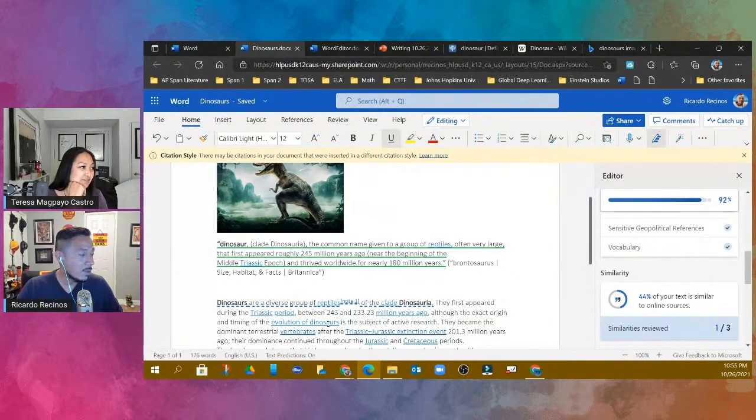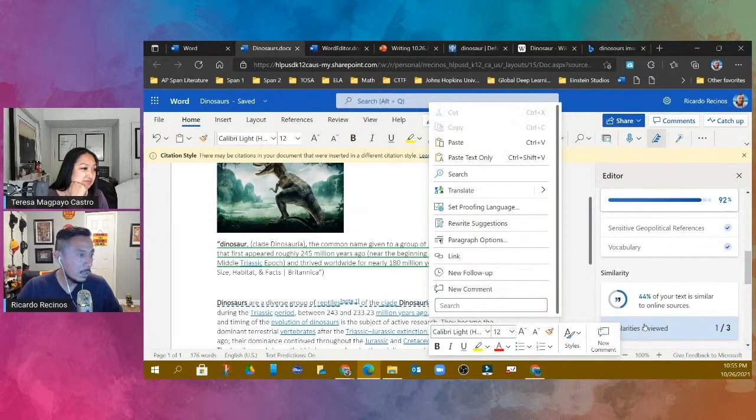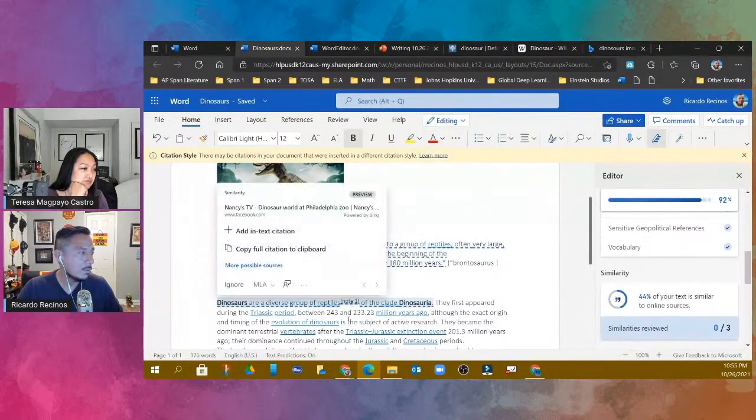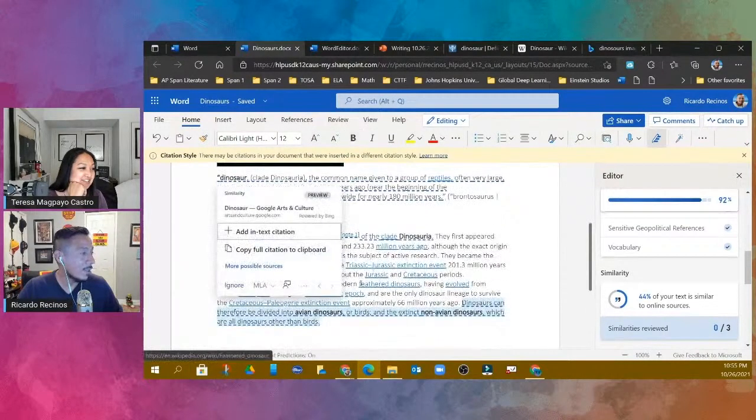Now if we go to the next one over here, our next issue that we had, we can come in here and again check on similarity. Sorry, I should have done it this way. My fault. Okay, and then it's showing me this one. It says, you know what? This part over here, it found that it could be from two different places, from Facebook. Isn't that funny? Okay, so I can look at that one and then I can keep going and say, oh, you took this from somewhere else.